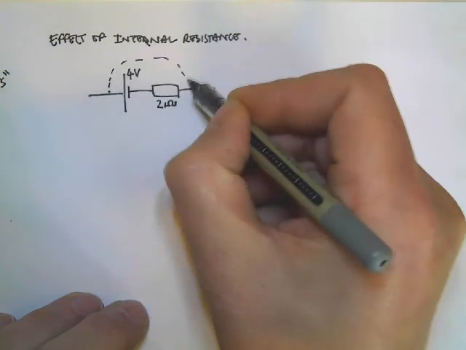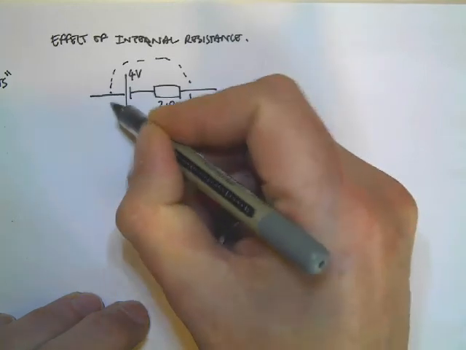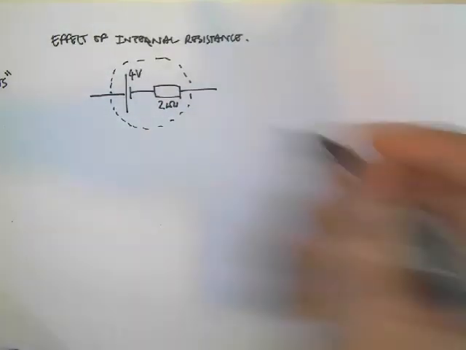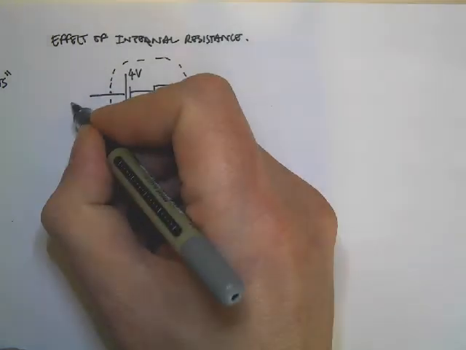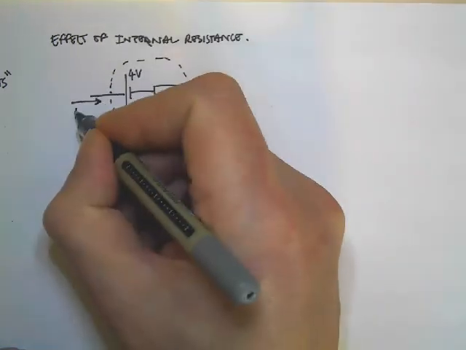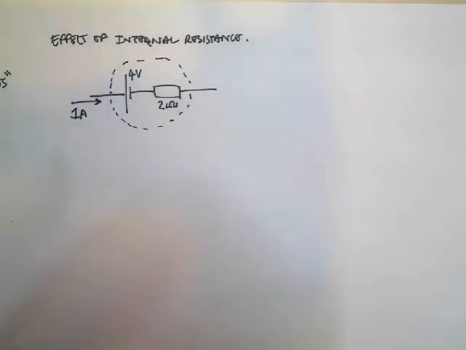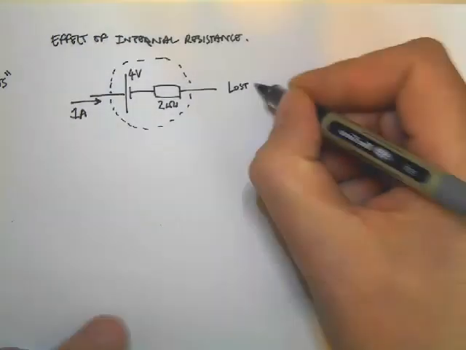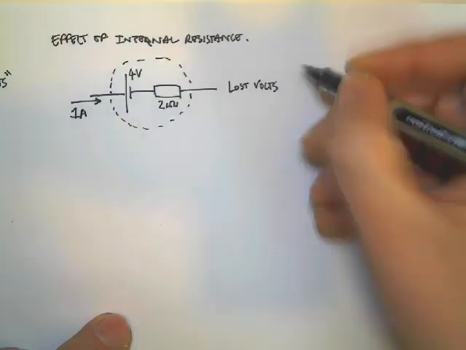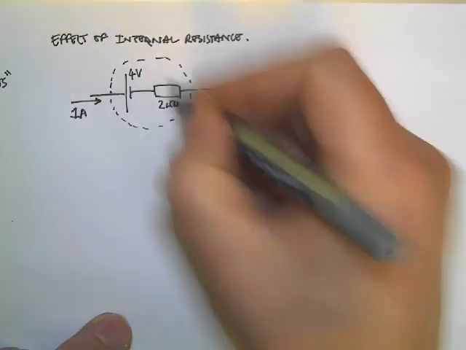I put that in a circuit, do my dotted line all the way around the edge, not very good at that. And let's imagine in this circuit, the external circuit is such that 1 amp is flowing through this circuit. So let's work out the number of lost volts. So the lost volts,